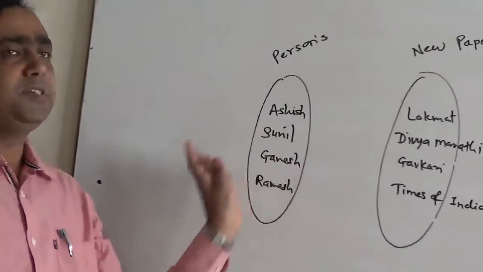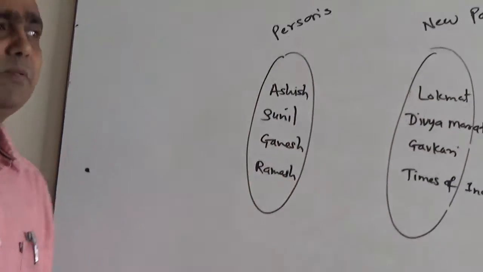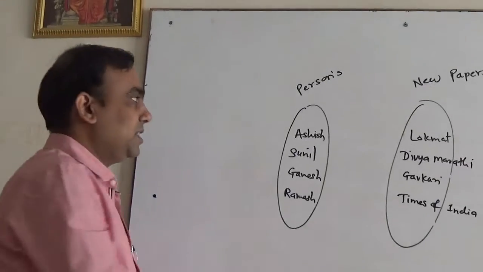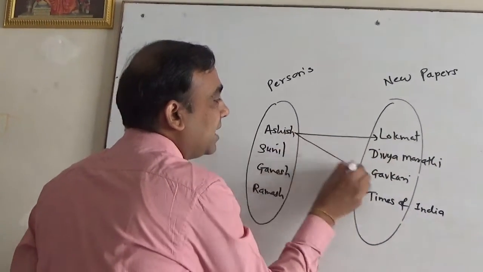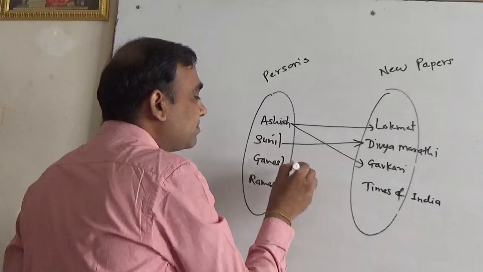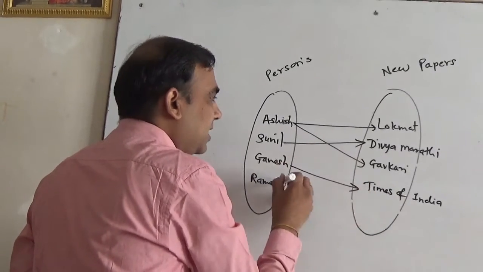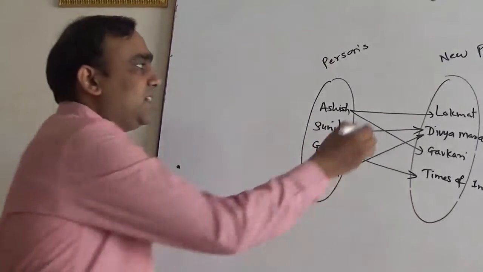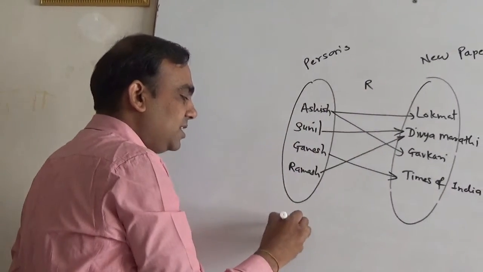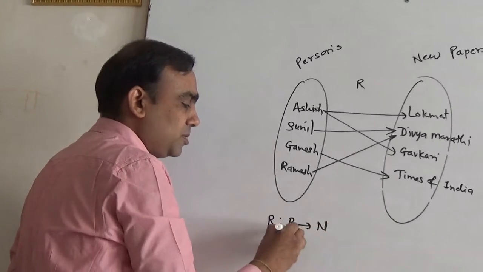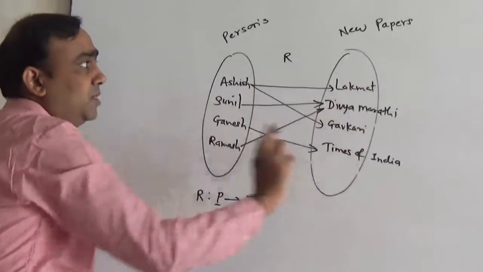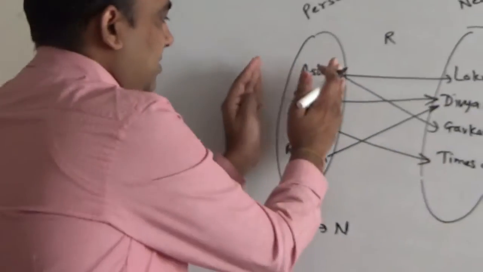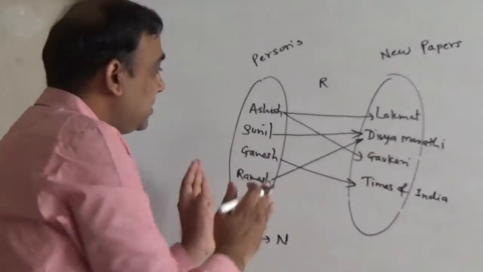Now there may be a relationship between person and newspaper. What can that relationship be? Which person reads which newspaper. For example, Ashish is interested in Lokmat and Gaukari. Sunil likes Divya Marathi. Ganesh goes for Times of India. Ramesh likes Divya Marathi, something like that. So this is a relation from persons to newspapers. Suppose P is the set of persons, N is the set of newspapers. So this is about the relation. Actually this is a separate set, this is a separate set, but these two sets are